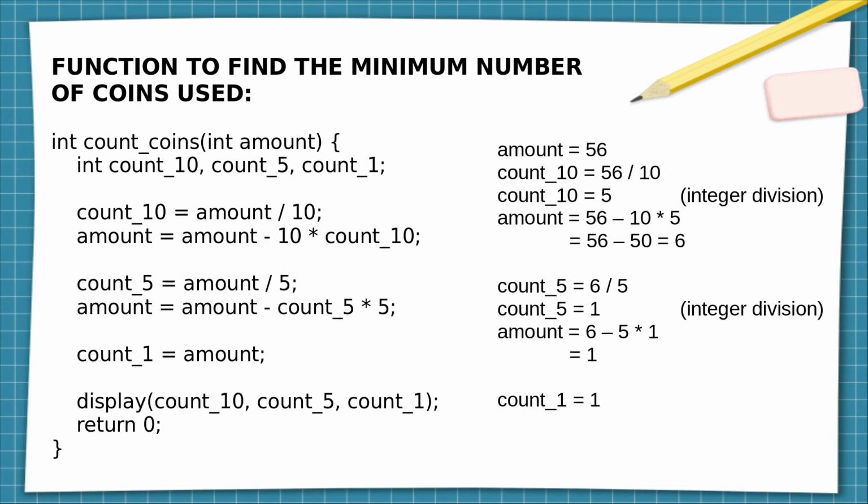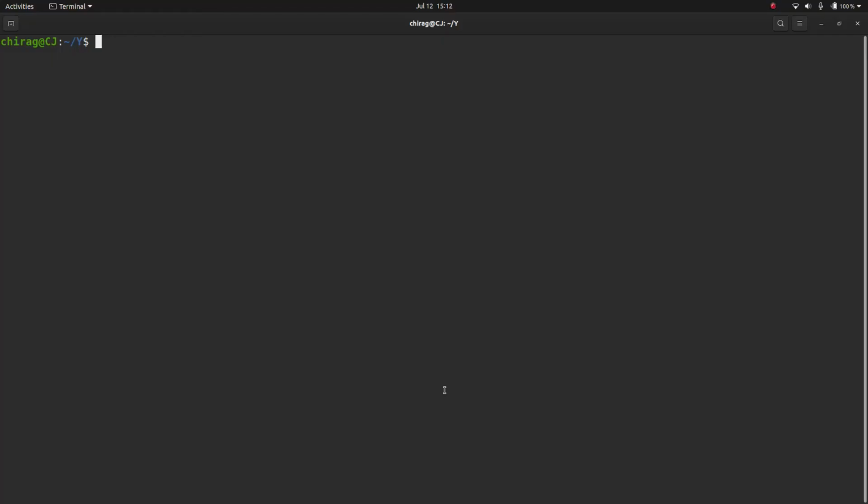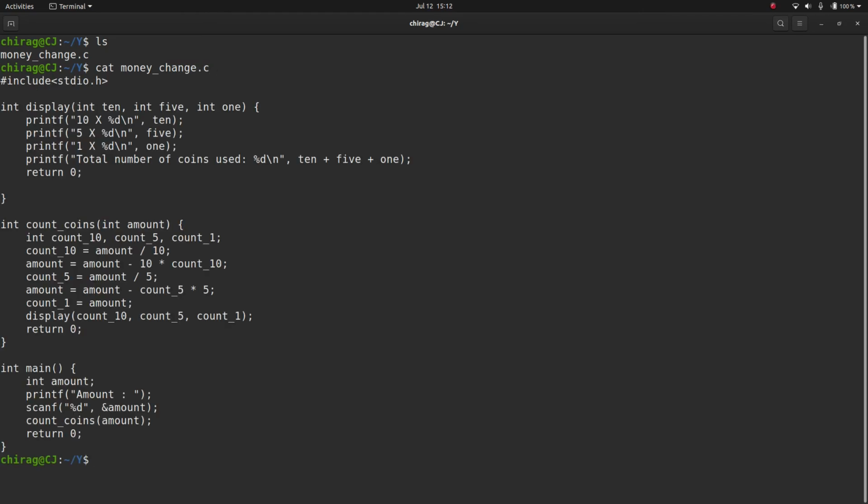Now let's look at the whole program. So this is the whole program. This is the same function which we have just seen. After this line, the display function will be called, which is this function.